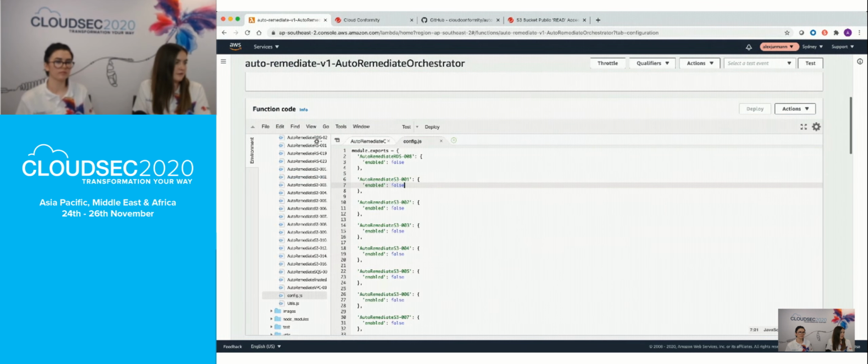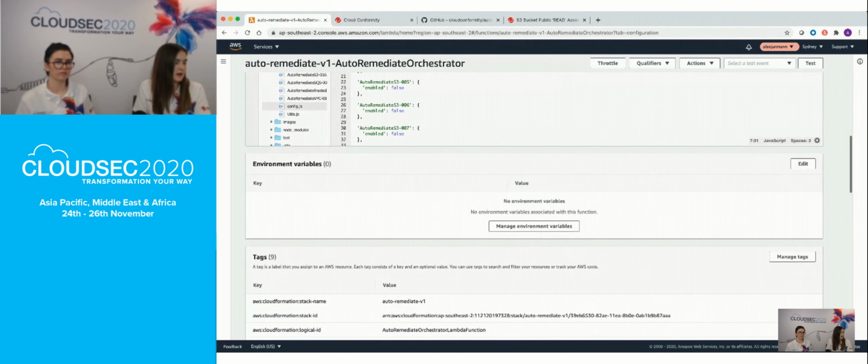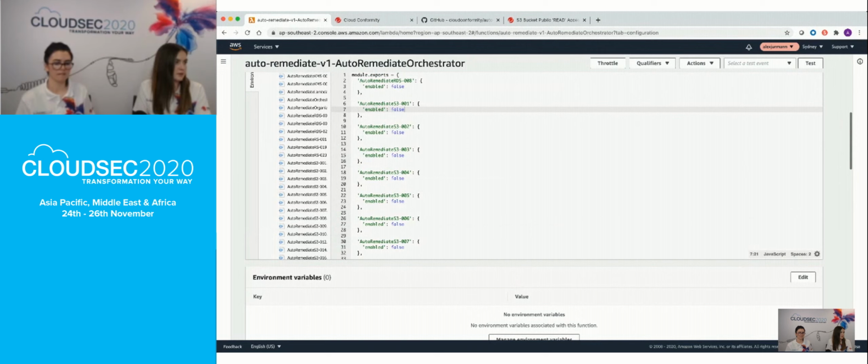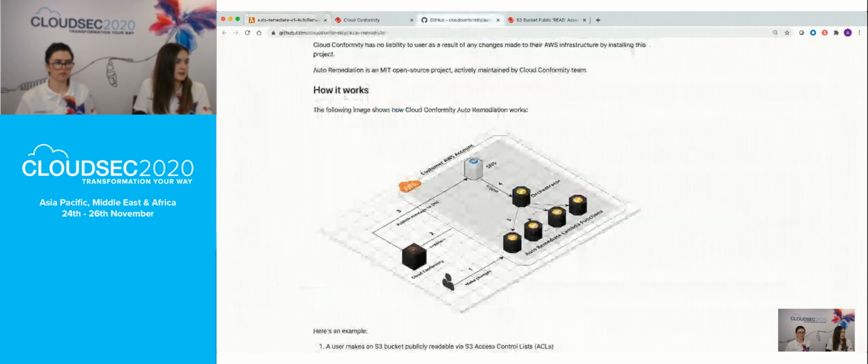All right, here. So we've got the config file within this Lambda function. It's got each of the corresponding individual lambdas that control the auto remediation function. I've identified auto remediate S3001, which is the function. Now, if I show you back here,